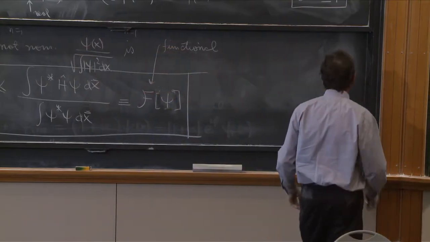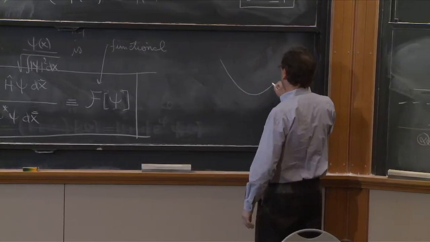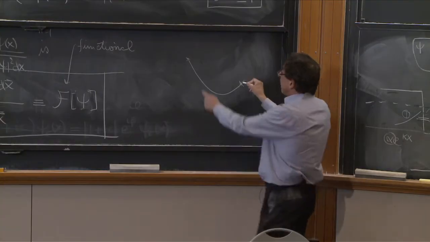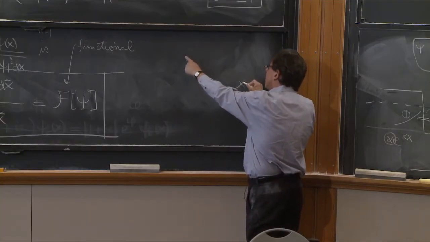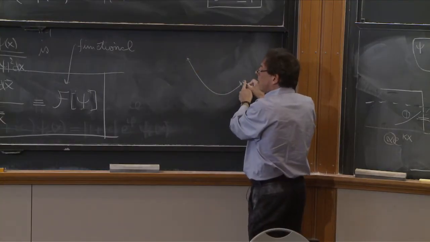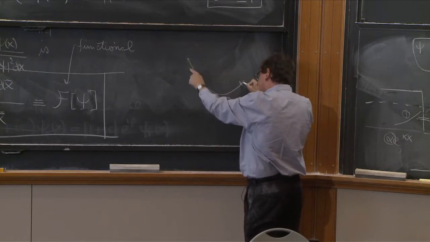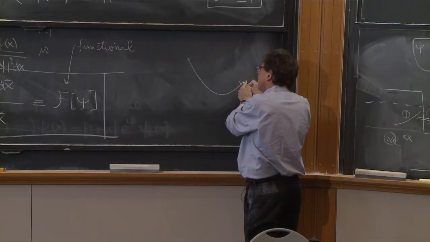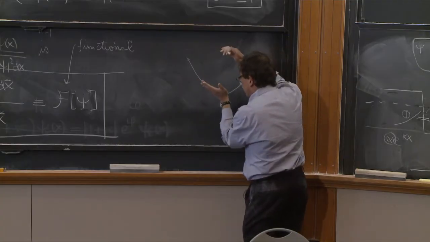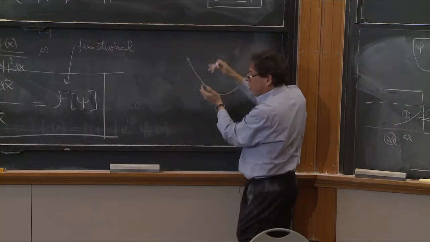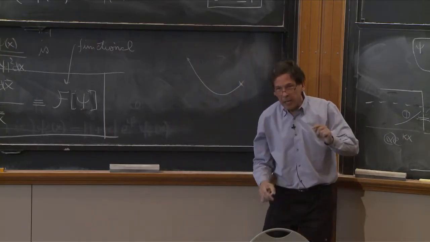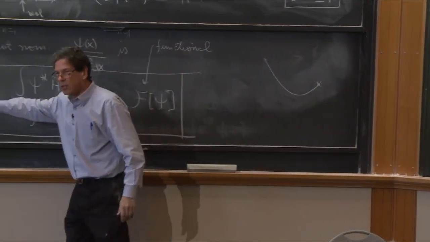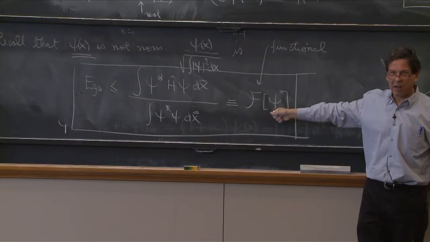So that is like the brachistochrone problem. That's the funny name for it. There's a functional there, which is the time that it takes to go here. You give me a path, a function, and I can calculate the time it would take the mass to get here. So this was the issue of finding a critical point of a functional. So actually, we start to see it. It seems that the ground state energy is the minimum of this functional.